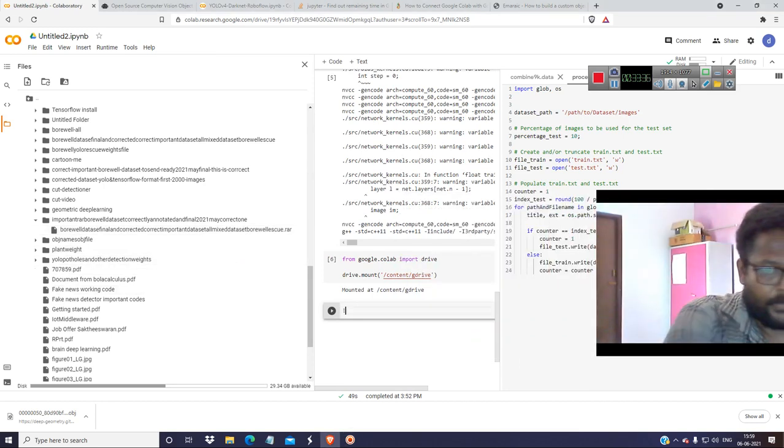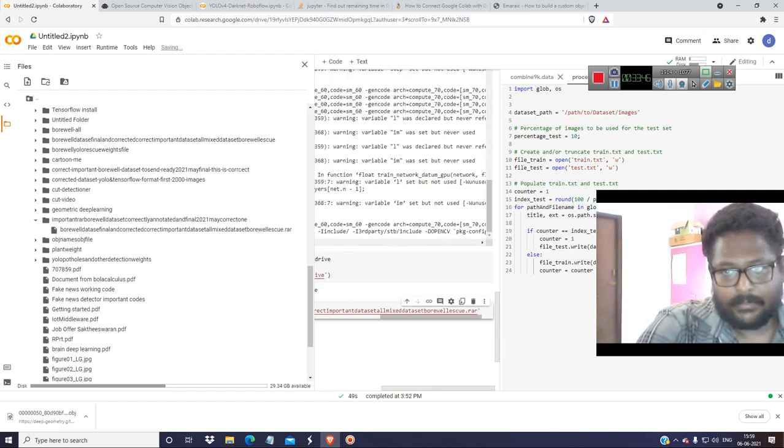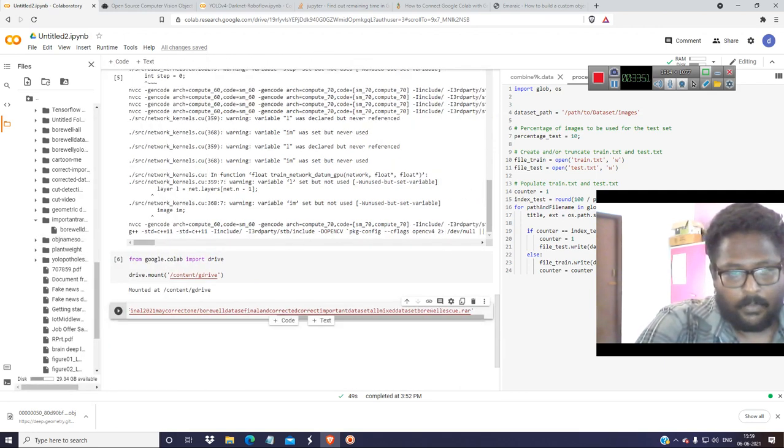So cp -r, copying it from here to the obj folder path. I'm just copying the path and moving it.